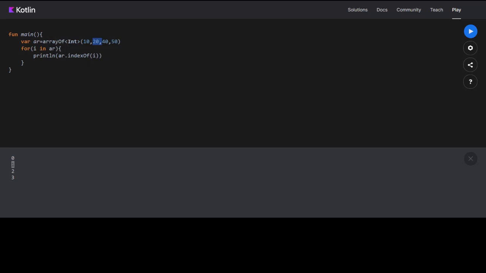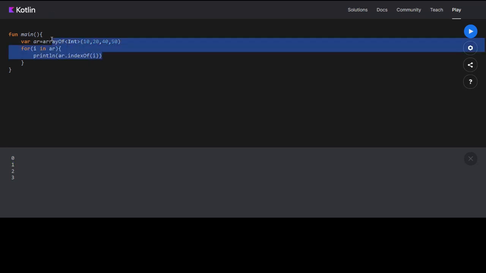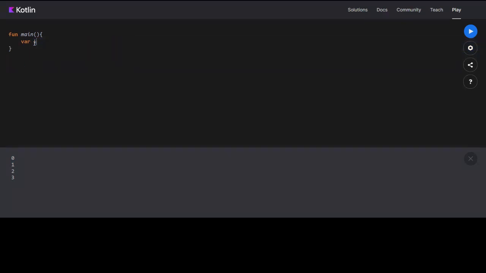Okay, so after arrays, the next thing would be list. To define a list, you just say li is equal to listOf. Just as you did for arrays, you just have to do the same thing here. Even for iteration, you just say for i in li, and println, same thing.